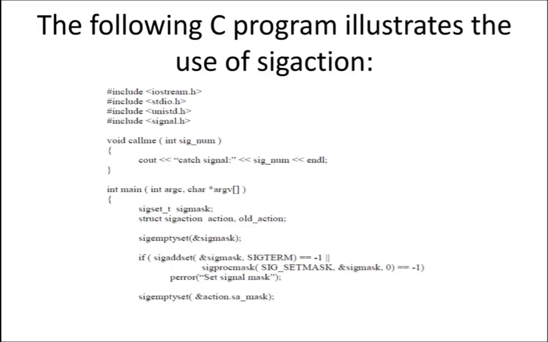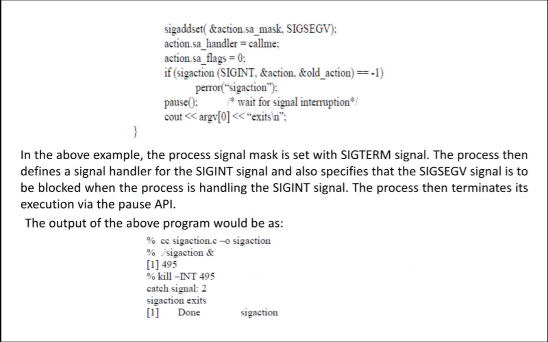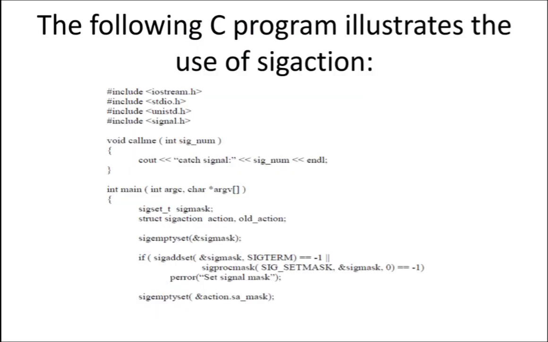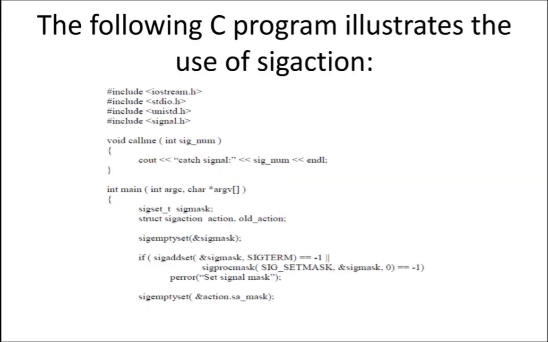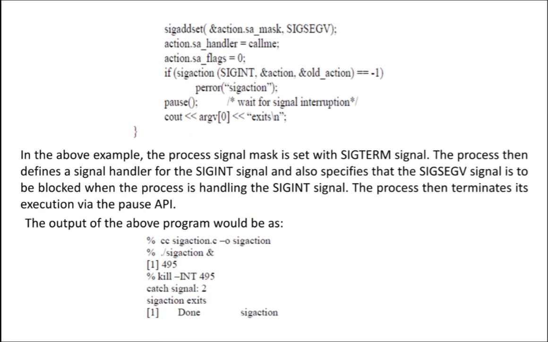Very simple. I'm defining a function, the call_me function. I'm checking whether the mask is created or not. Once you make sure that the mask is created, you add the particular signal to the signal mask. Once you add the particular signal to the signal mask, you are calling the action handler. What is the action handler here? call_me is the action handler. You are catching that particular signal. In call_me I am catching signal 6, the segmentation signal, here.